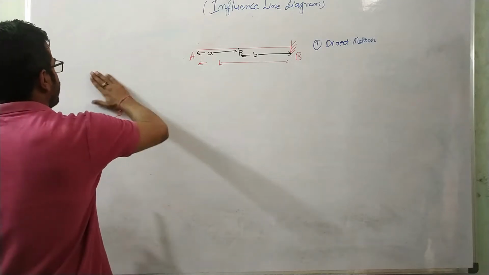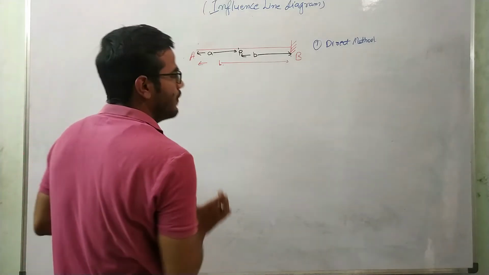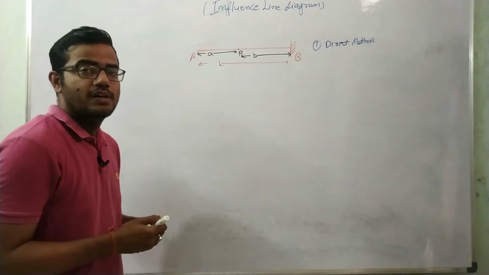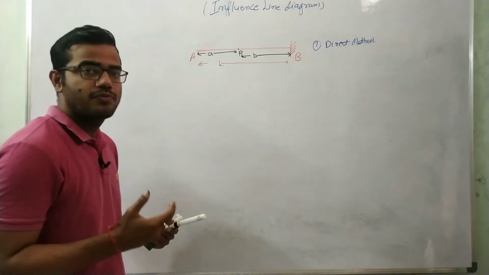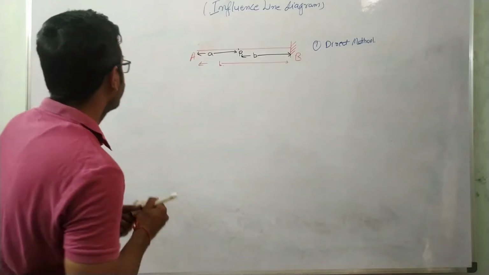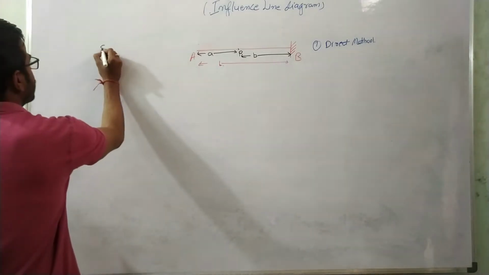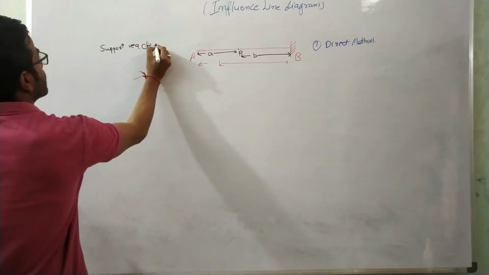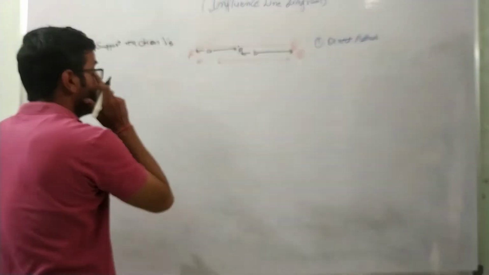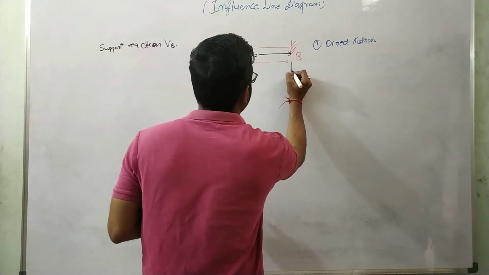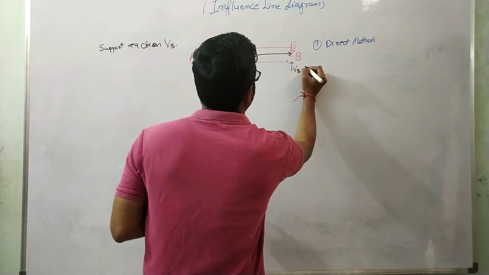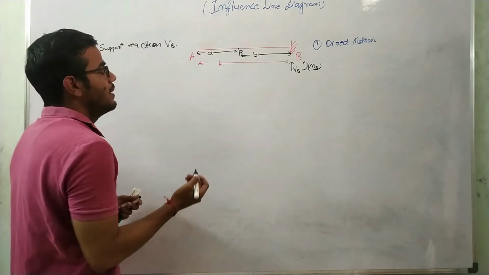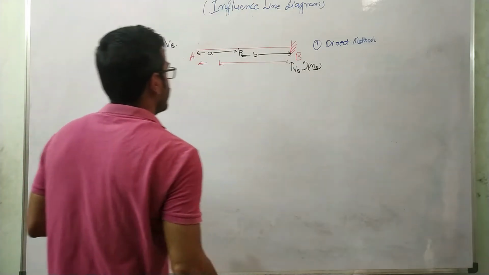For that, I will apply a load at a distance of x from A and apply the equations of statics, like summation Fy = 0, summation M = 0, and we'll find the expression for the influence line diagram for the support reactions. First, the support reaction I am considering is the influence line diagram for support reaction VB. At this point B, I am having one VB reaction, and one moment will be there, which is MB. I'm not taking any horizontal reaction, and MB will be there because it is a fixed support, right?